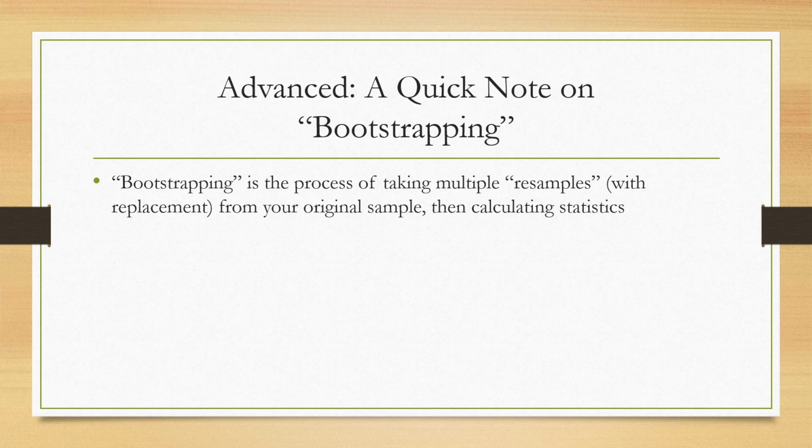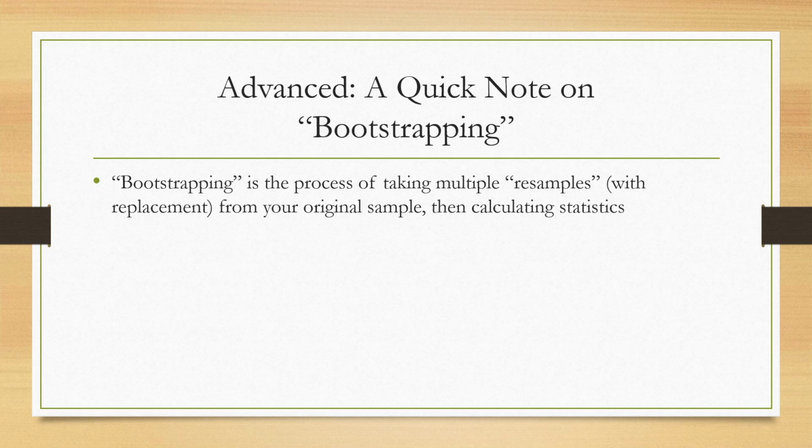Bootstrapping says we have 100 participants. I'm going to pick 100 random numbers between 1 and 100, and I can pick the same person twice. So I could pick person 98, and then person 50, and then person 98 again, and then person 49, and then person number 3, and then person number 87. And I'm going to pick 100 numbers